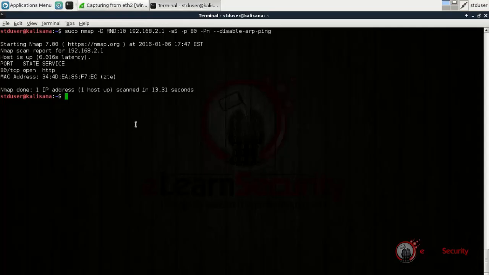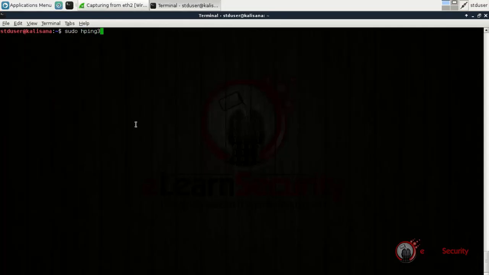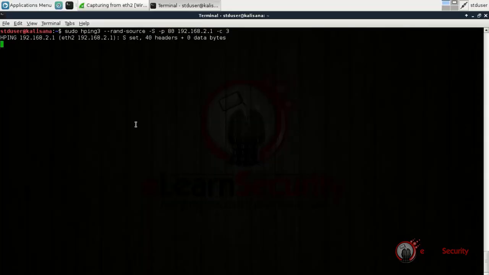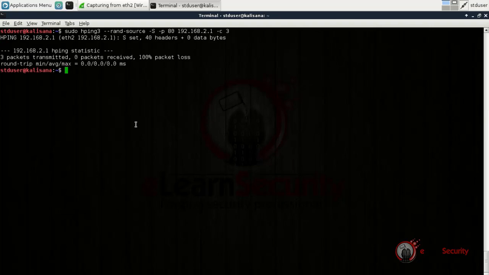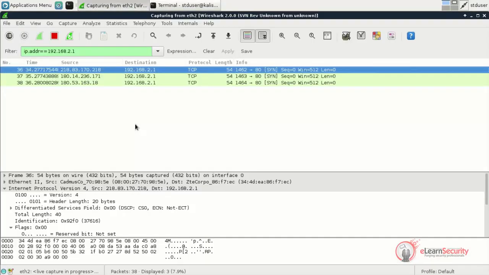HPing, on the other hand, offers something similar. The option --rand-source is the argument we have to use in order to execute the scan from random IP addresses. Here, we also want to specify the TCP SYN scan and the port to probe in order to minimize the output on Wireshark. From Wireshark, we can see that indeed a random IP address is performing the TCP SYN scans